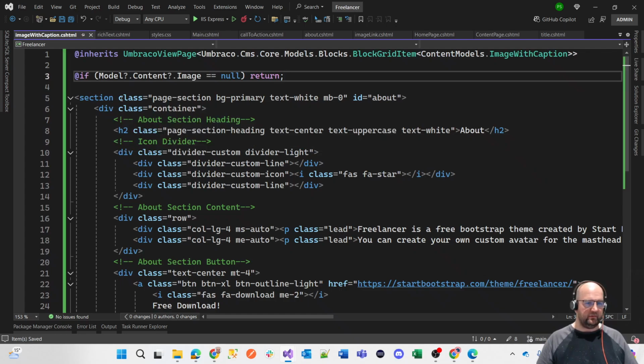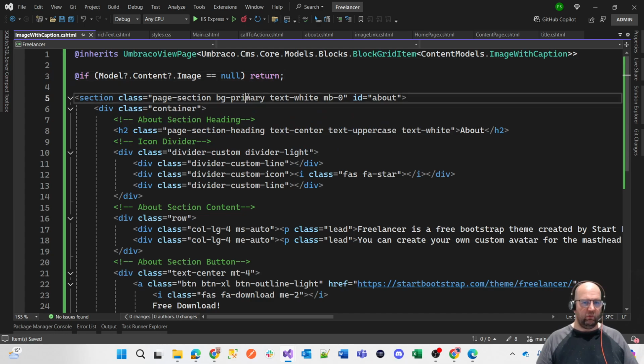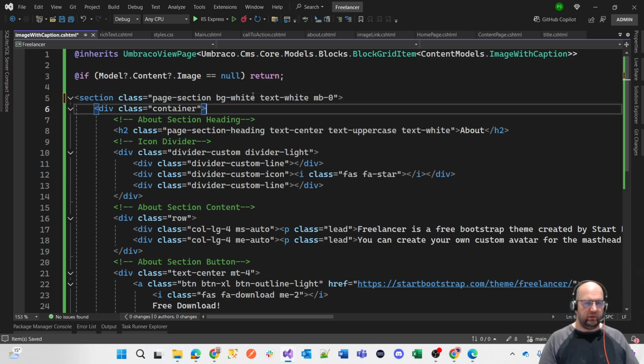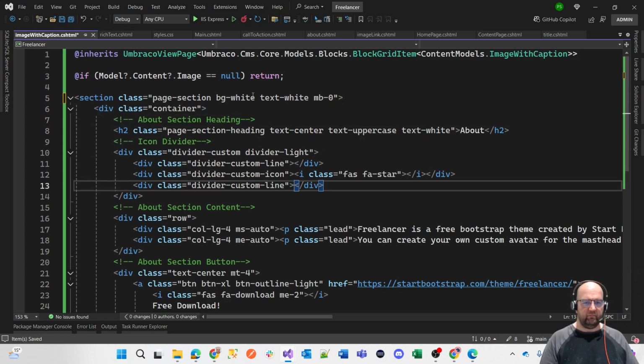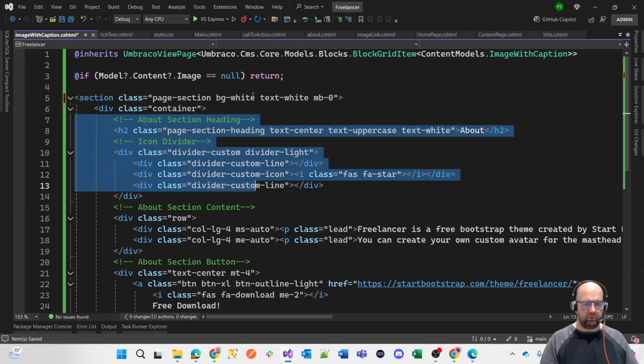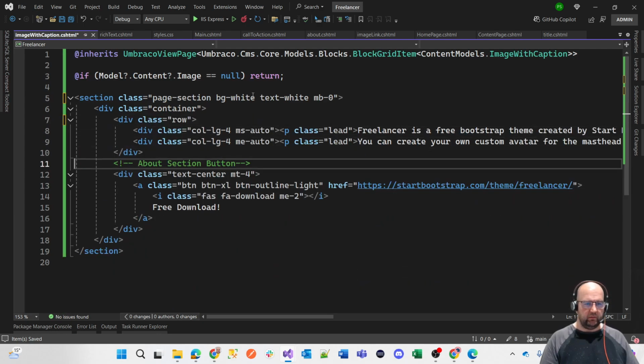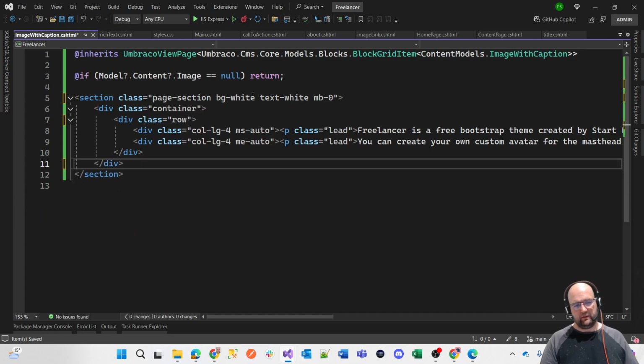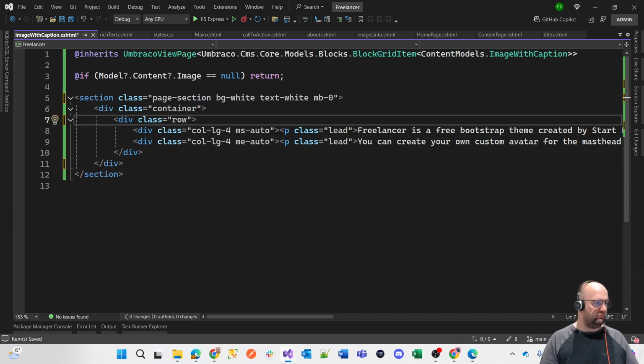Now what we're saying is, if not, let's render out a section. So the class is page-section. We want the background color to be white, we want the text to be white, and we want margin bottom to be 0. Take off that ID. We'll then have it in a container class, and we will delete most of this because we want to put in a row. Remember, we copied this from the other one. So we've got div class row there, and then we want our div class of